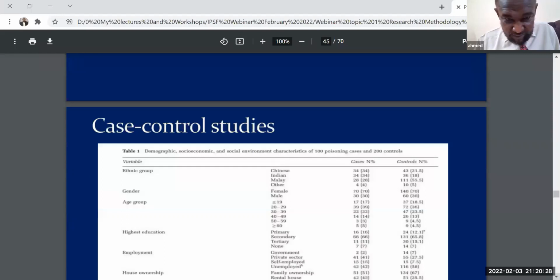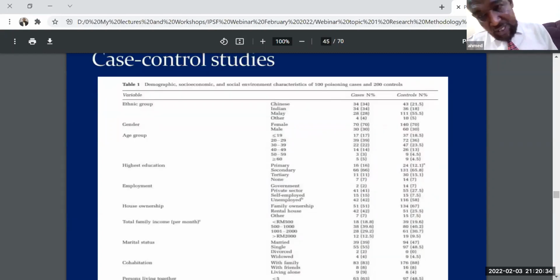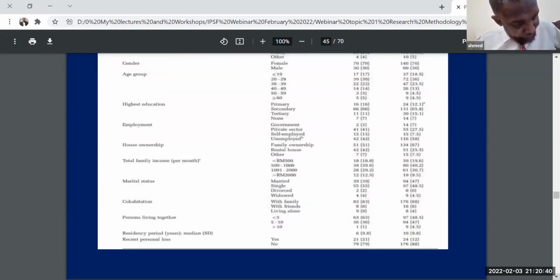Yes, this table is about demographic characteristics of cases and control. This is considered baseline data of cases and control. And actually we did one comparison for subjects who refused to join the study